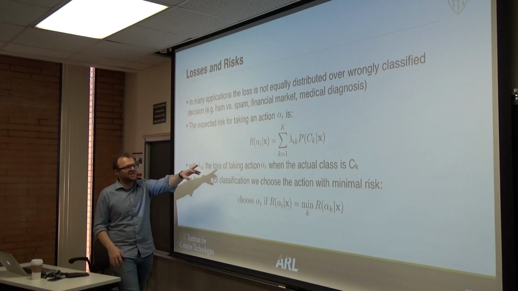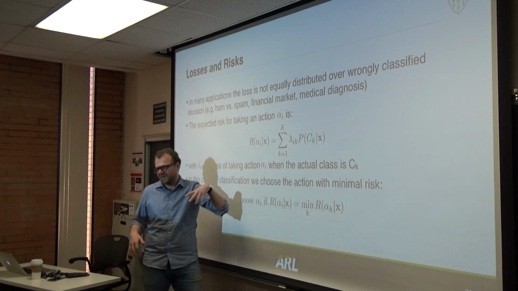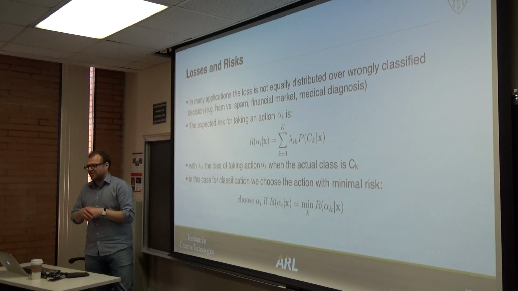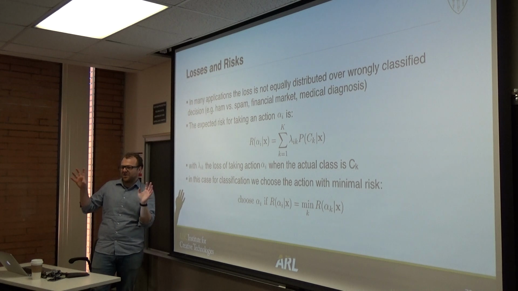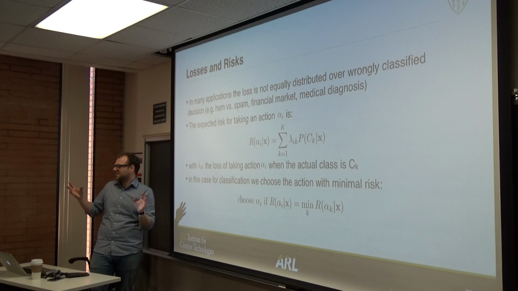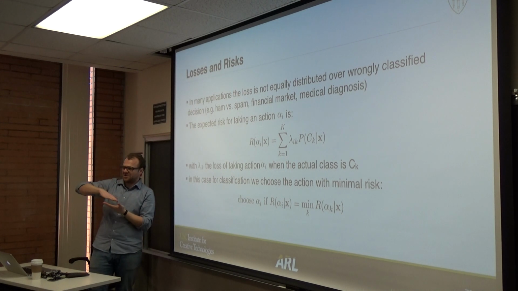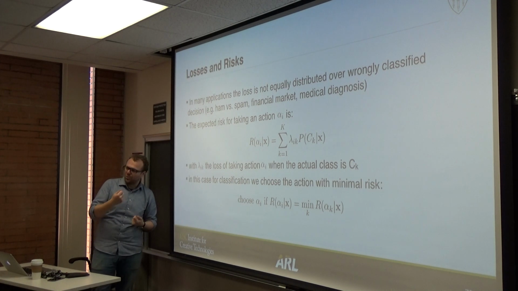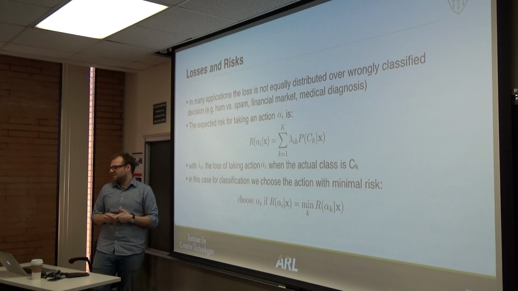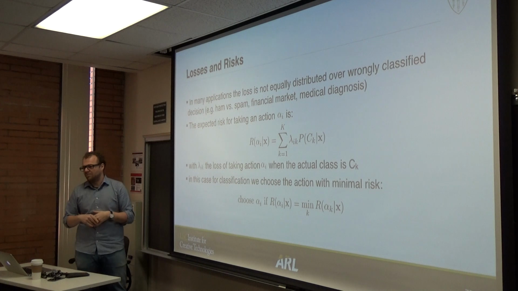So if you choose these parameters accordingly, you could, for example, reject that spam message with 0.96 probability if you had a very large lambda parameter for the class of rejecting an important message. Okay, so you might need 0.99 as a probability for spam,